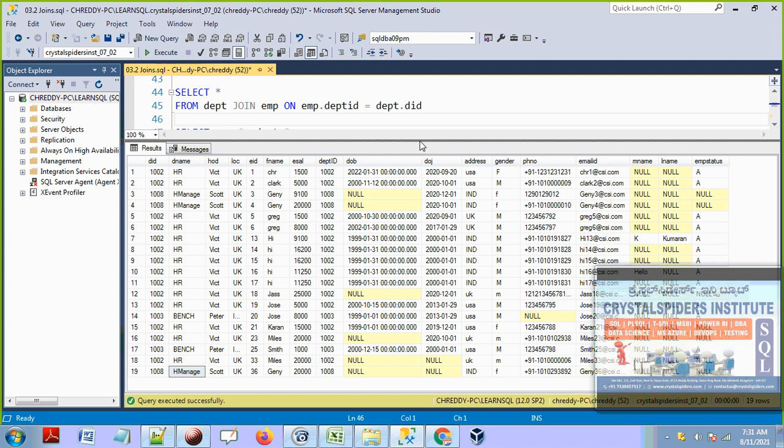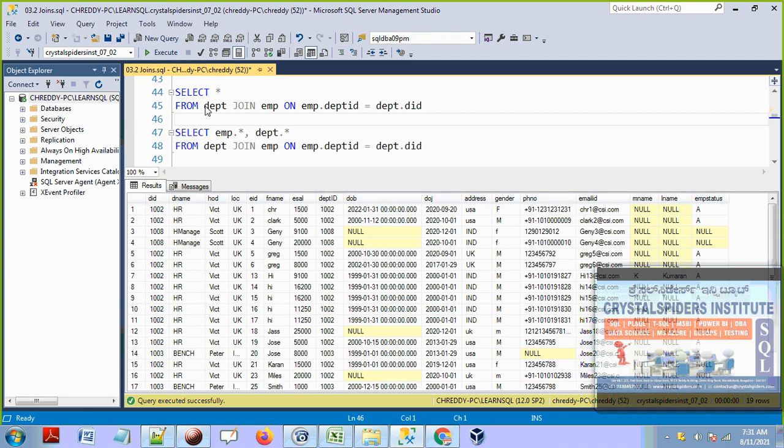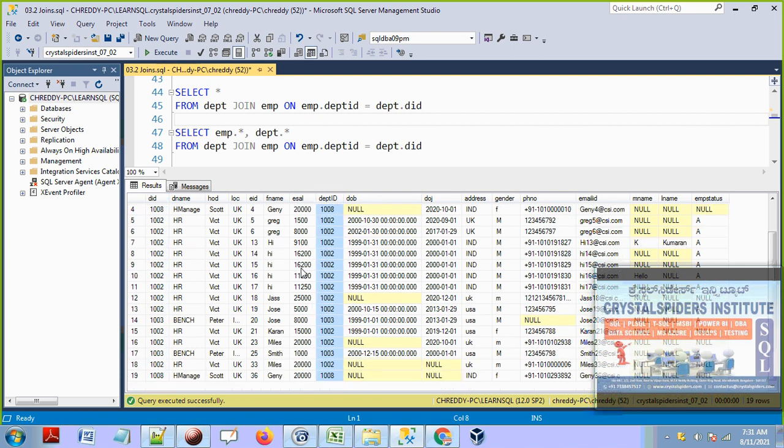So now we need to understand this one, guys. Okay. So how is it joining, guys? Wherever the DIDs are matching with the department IDs, only those records are joined. You see, check it out. This DID and these department IDs are matching. Wherever it is matching, only those records will join. That's it. So let's see this, guys.